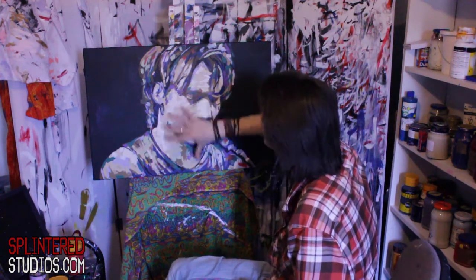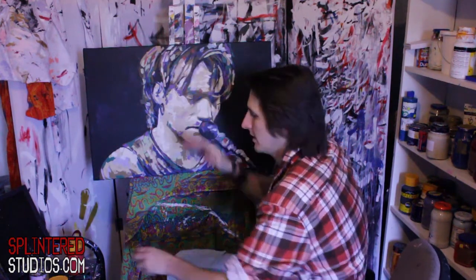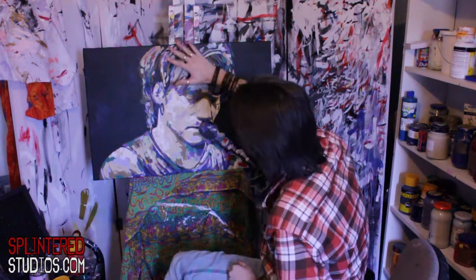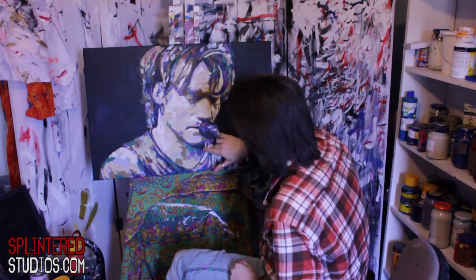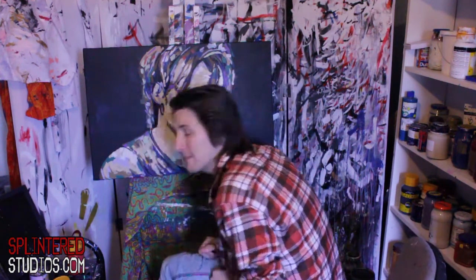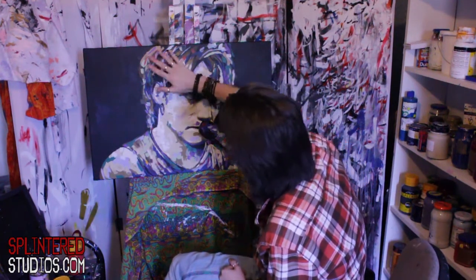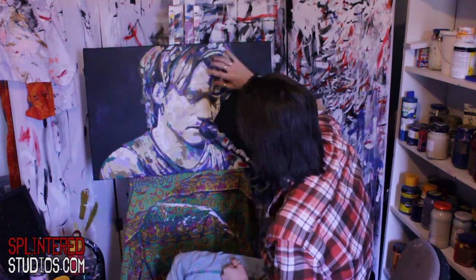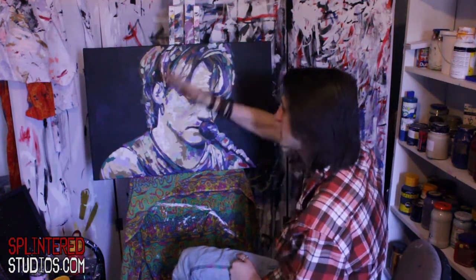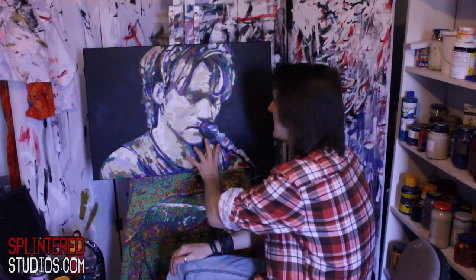The materials used on him are mainly acrylic paint, this Galleria Winsor & Newton, and then worked into that are black paint pens. You get paint pens, and a few bits of emulsion here and there to give it a nice chalky effect, and that's about it really. That's all the materials. The subject matter, this is based on Jon Bon Jovi from, I think it was called, In the Evening with Bon Jovi,